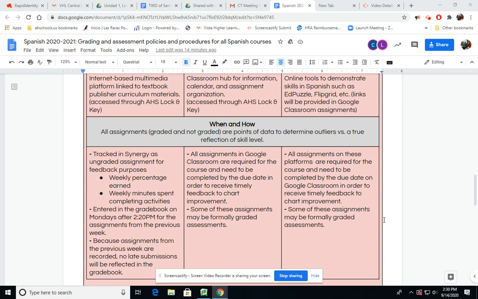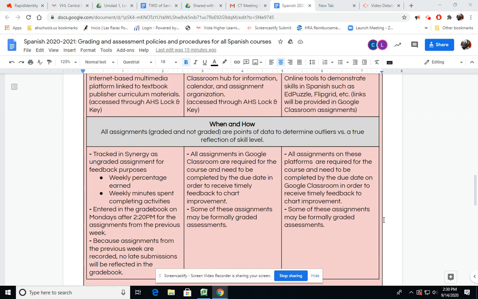As far as when and how we're going to be looking at this stuff, Monday. Monday's the day. That's the day that you need to remember. So a week from today, I'm recording this right now on Monday. You're going to be listening to it tomorrow, Tuesday, from home after we have a little bit of conversation at the beginning. But Monday at 2:20, I'm going to generate these reports.